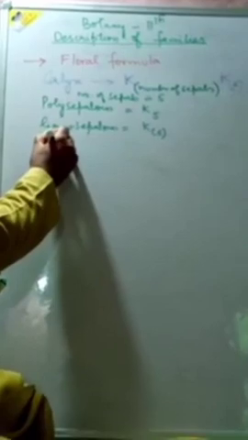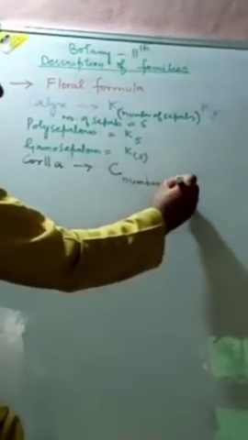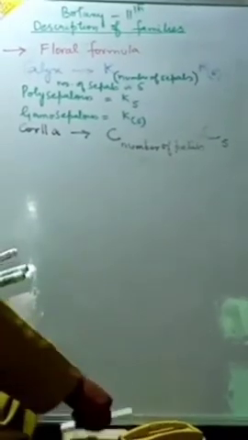कैलेक्स के बाद हमारे पास एक और वर्ल आती है, that is called as the corolla, and this is designated as C. अब प्रोसीजर वही है, यहां पर हम लिखते हैं नंबर ऑफ पेटल्स. Now, for example, if the number of petals is 5, then write them here. If they are free, then without the brackets. If they are fused, then here. So I will designate it here.